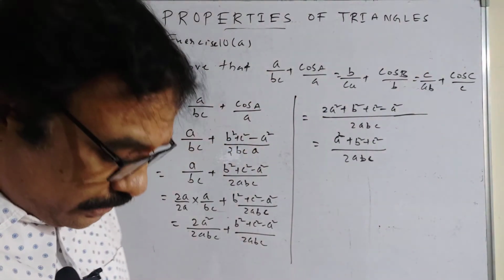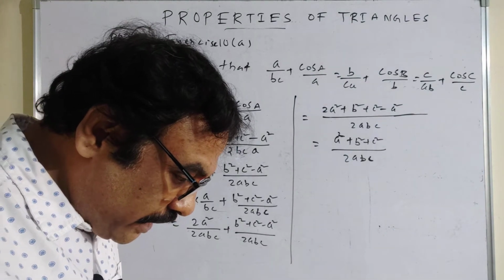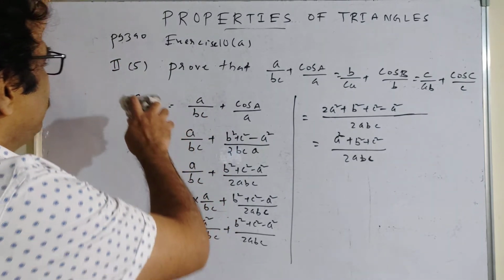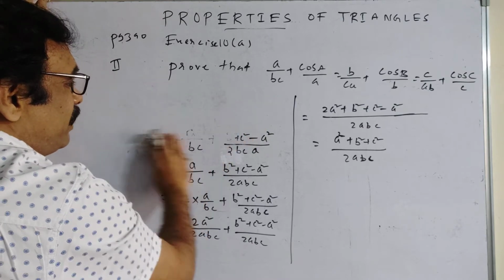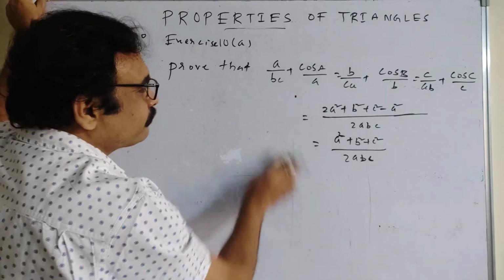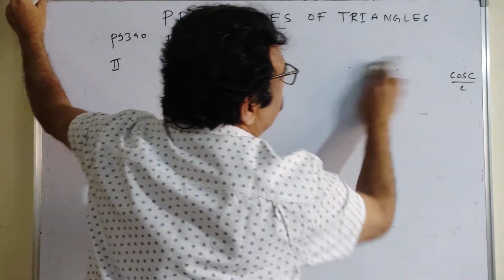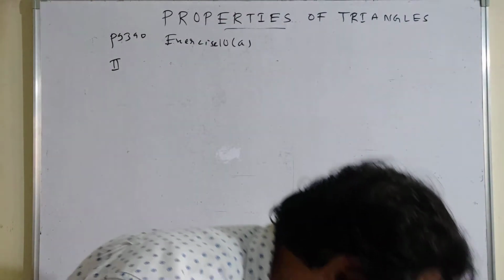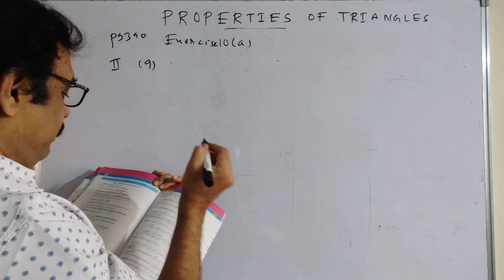Now I'll move on to Roman number 2, problem number 5, and now to my next problem, which is the ninth one. Now what exactly is given? This is problem number 9. I am erasing. I think by this time you might have noted down the problem and even the solution also. Right, coming back to the point. Now the next problem is Roman number 2, problem number 9.